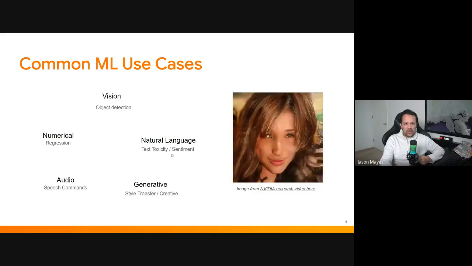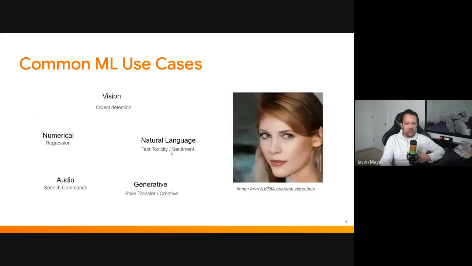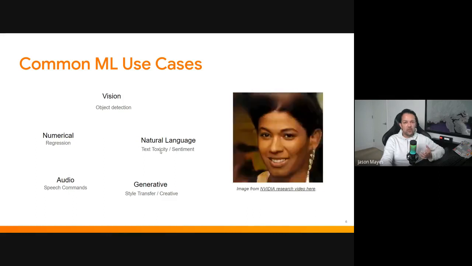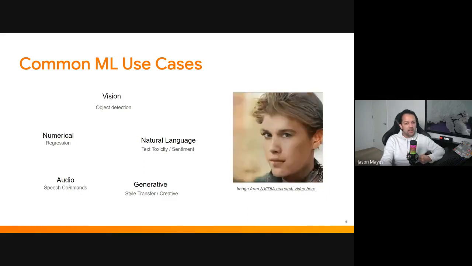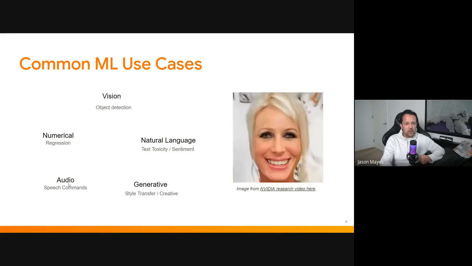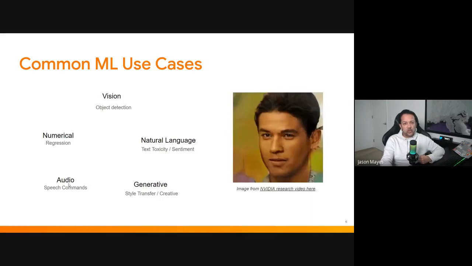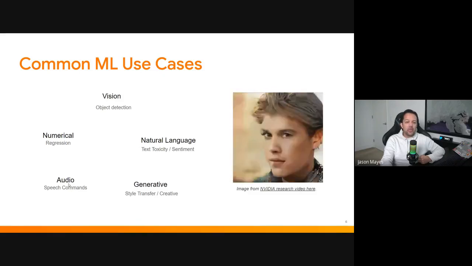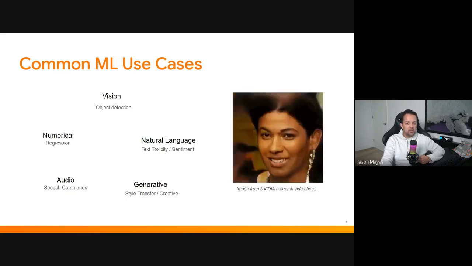Now, we've also got natural language, which is the understanding of human language itself, the sentences that we write down, things like toxicity detection or sentiment analysis to understand if a sentence is positive, negative, or neutral, that kind of stuff. We've got audio recognition, and any of you with a smartphone is probably already used to this with the smart digital assistants we have these days, things like the Google Assistant, which works surprisingly well, even in noisy environments. And that's because we've trained our machine learning in noisy environments to get the essence of the words, even with background noise. And then my personal favorite is generative examples, which are things like style transfer and creative applications of machine learning.